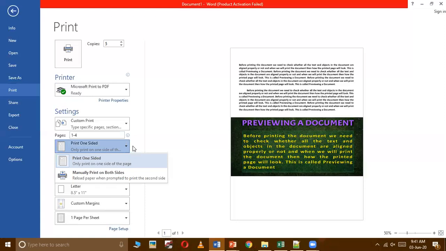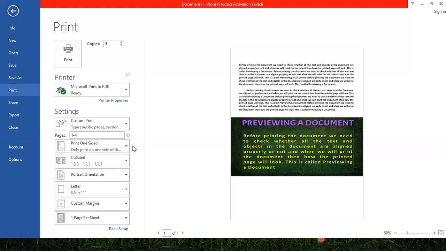So you'll have to print manually. For example, once one side of the page is printed, then again you have to turn the page and insert it into the printer for the second side of that page to be printed. So that is not supported by most printers.